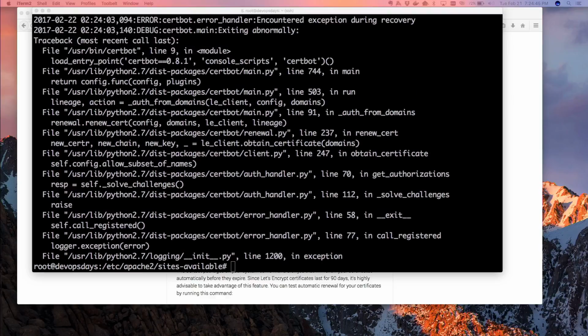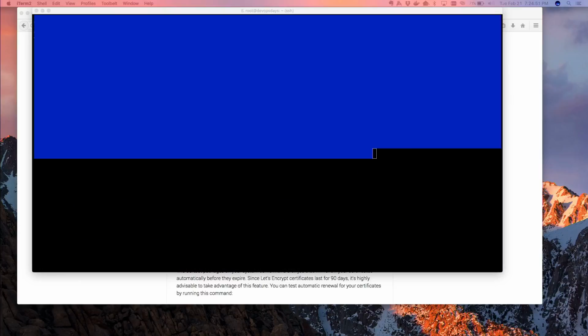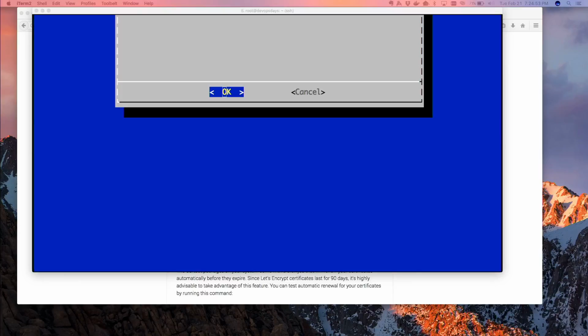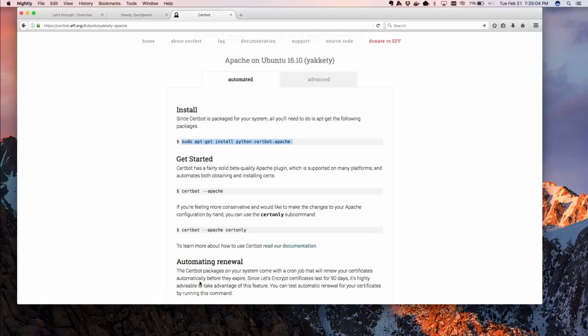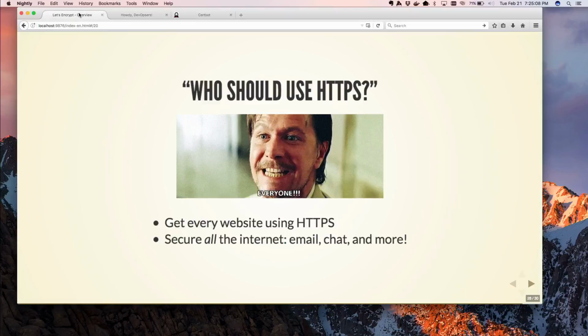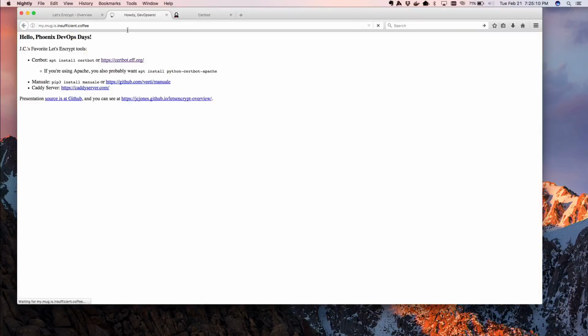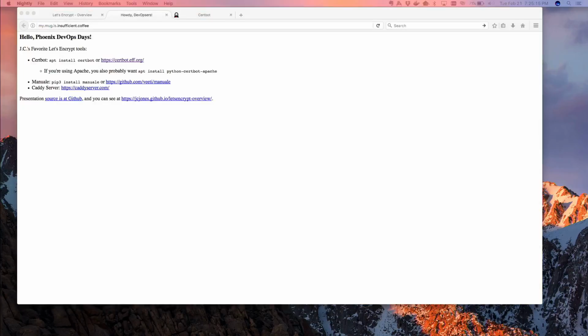We'll try this separately here, making sure that Apache's running, and I will tell it to use only a single cert. And assume that this can go under the same category of the try-to-do-everything-for-you sort of tool. Is the server not up? Anyone know? Always good in a live demo. Yeah, okay, it's up.